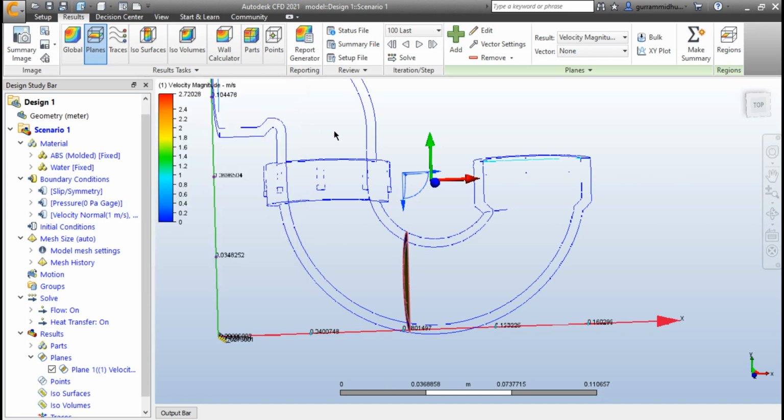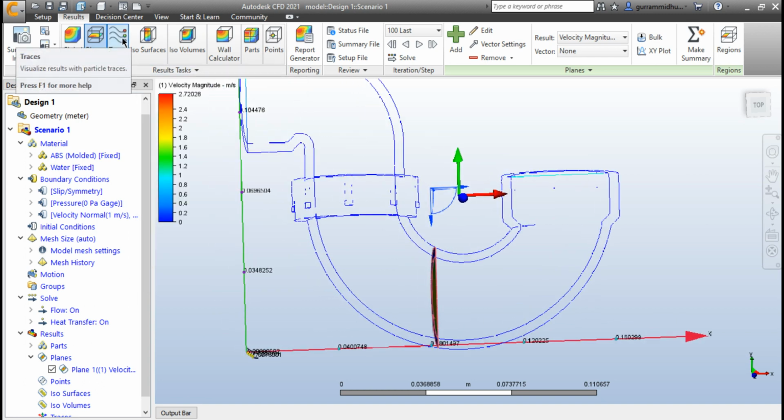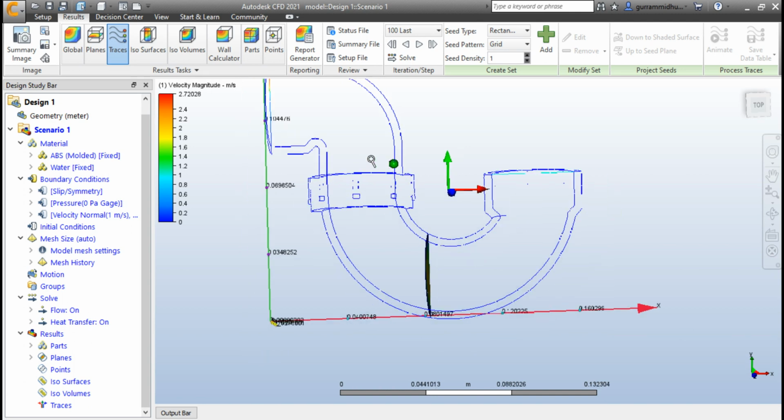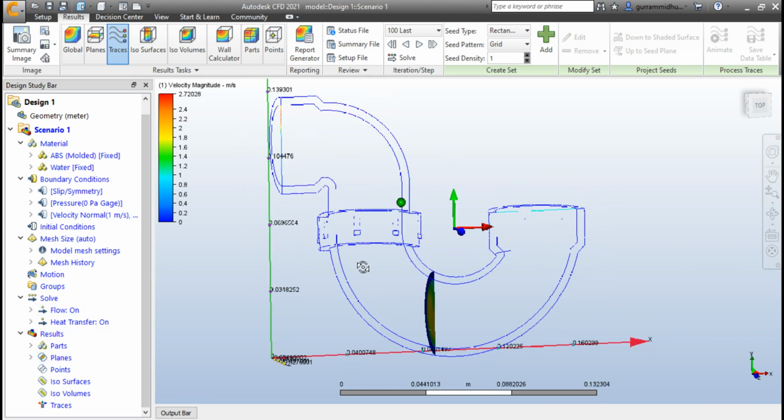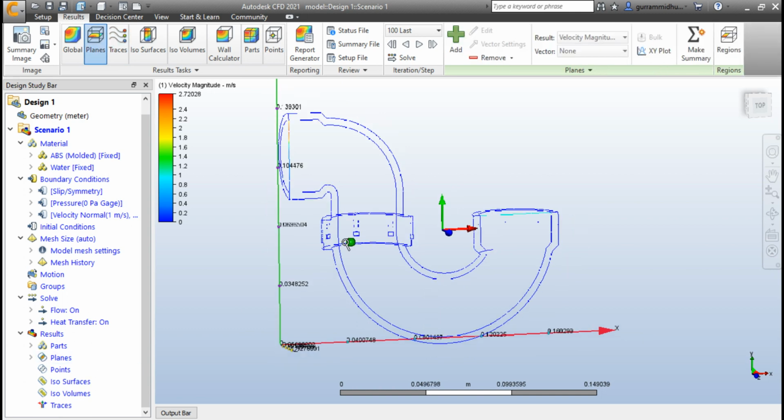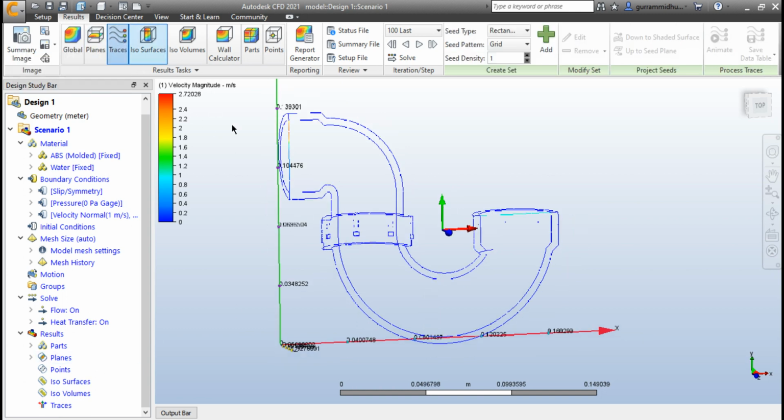Perfect, guys. Coming to traces, we can visualize each and every particle, how it's reaching the other end. I'm gonna disable the planes for now. Make sure that you're in traces and the seed type is circular.